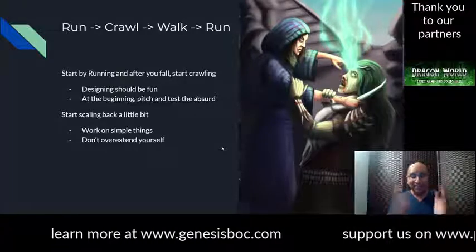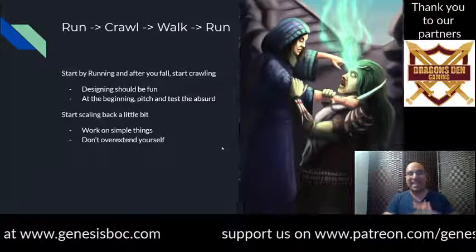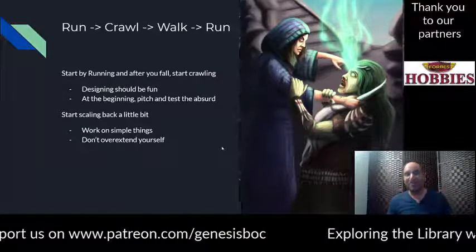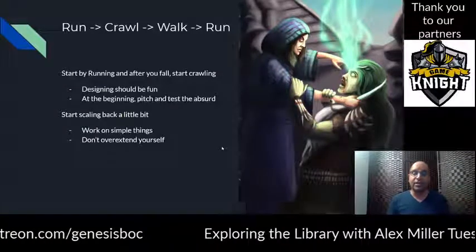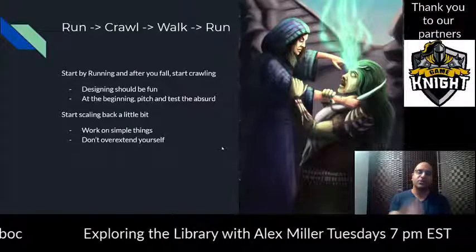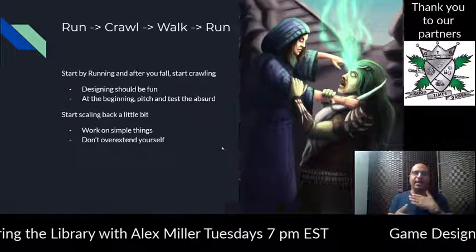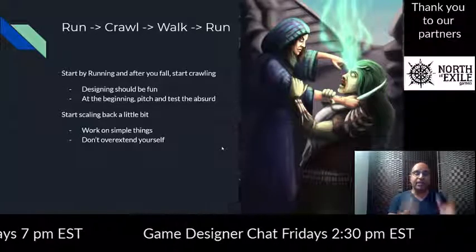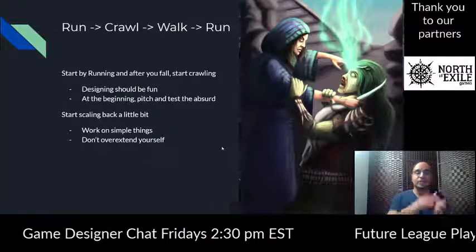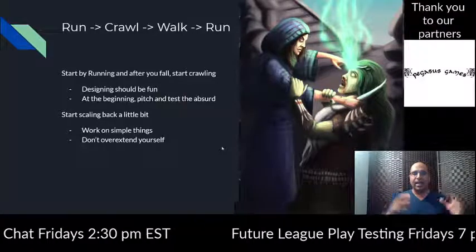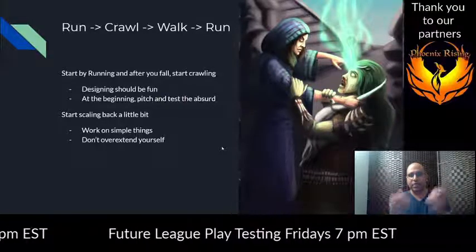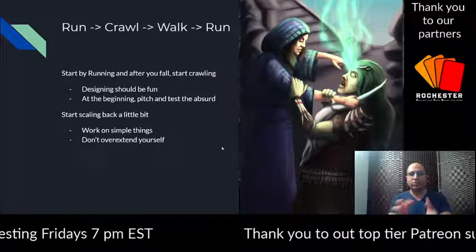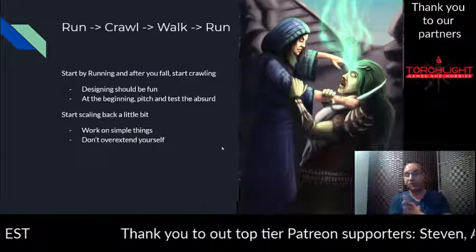Now, after you get all those ideas out and you test them and they collapse miserably, not all of them will, but a lot of them will, that's okay. That's good. That's where you want to be, because that gives you the ability to start scaling back and asking yourself what worked, what didn't work. And then you can start building up the basics. You can start in that crawl mentality of scaling things down, working on the simple things, working on the smaller parts, and going from what really works there.